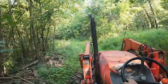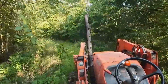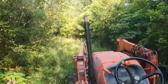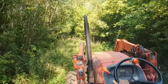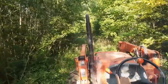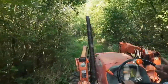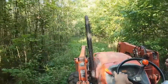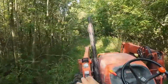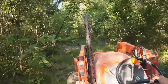The river again's just off to our right. We're circling around the river. We've made a big old loop around the river, and yeah, we're getting close to the field. So you can see I've still got to bring a hay baler down. After I mow this, you can see we're pretty tight, and after I mow this, I got to pull a rake down here and rake this hay. Then I got to pull a baler down here and bale it, and then I got to pull a hay wagon down here, and